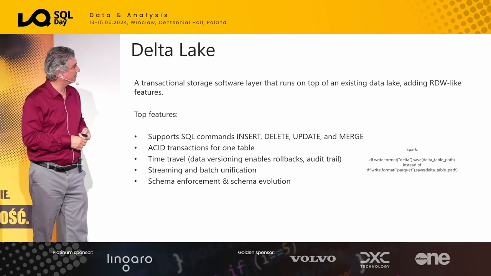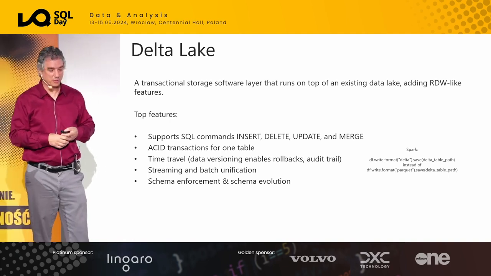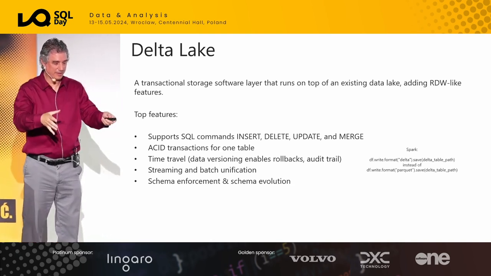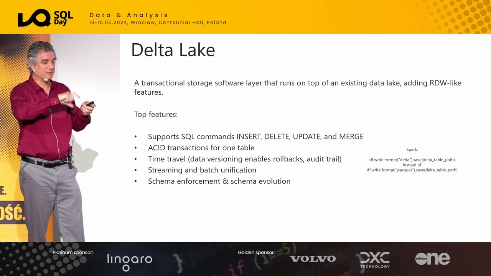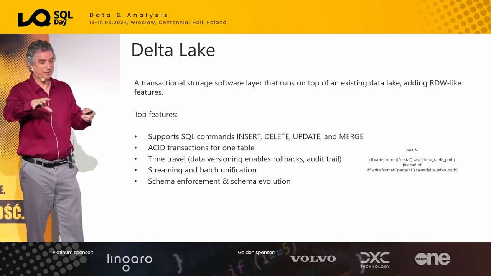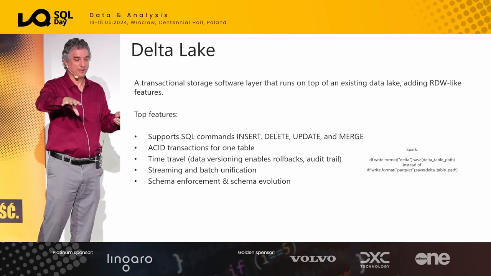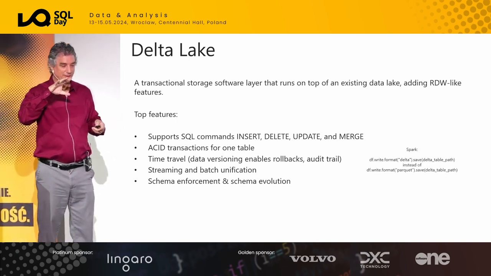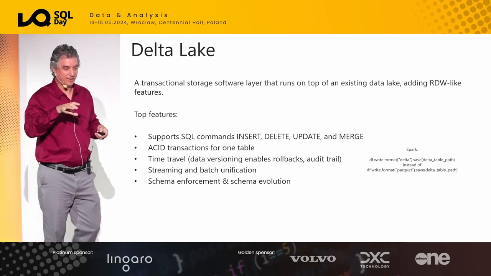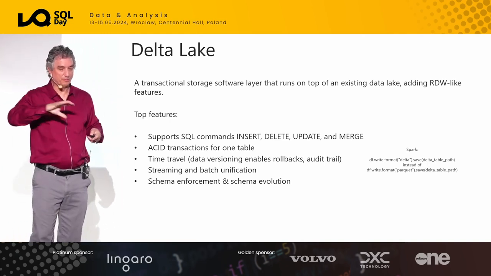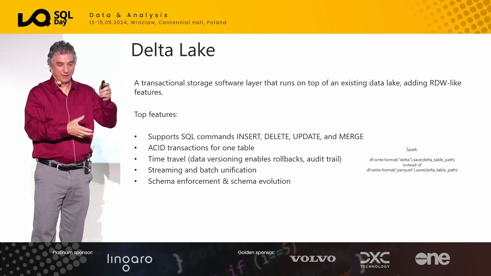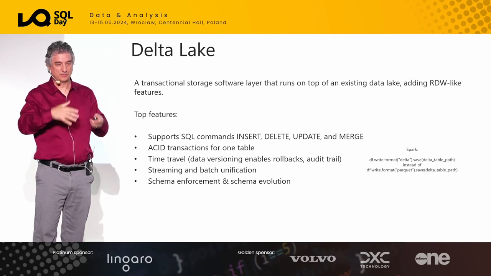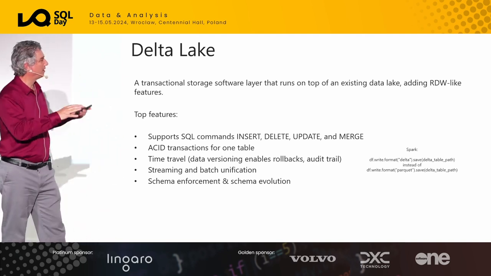And it has things like schema enforcement and evolution. You can convert, say, a CSV or JSON into Parquet and land it in there, and you can have schema enforcement. So if somebody tries to put a Parquet file that is much different than everything else in there, it will kick it out. Otherwise, you run ETL and it'll just blow up because it's like, well, I don't know what this is. So kind of cool features in there.